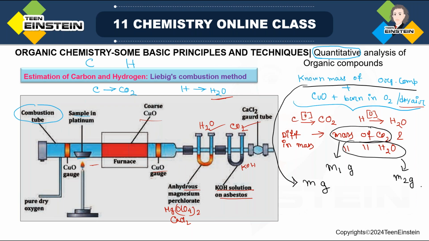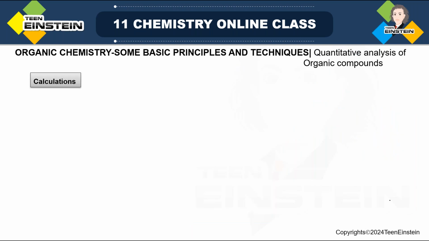So all this information we already know. Next in the calculation: mass of organic compound m, mass of CO2 m1, mass of